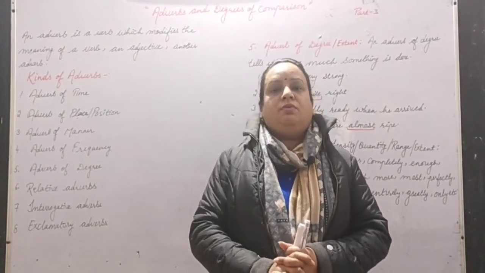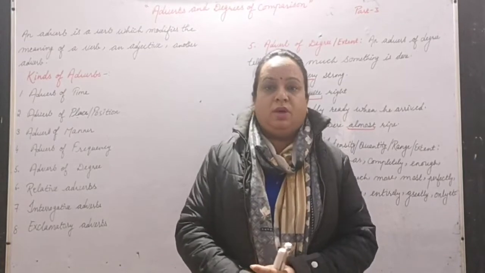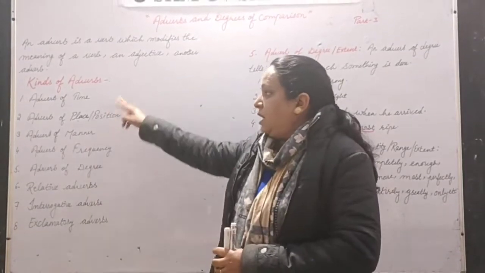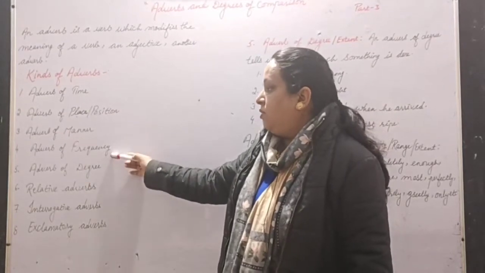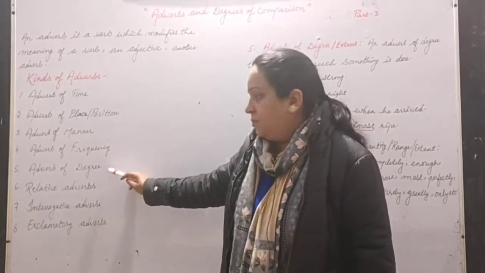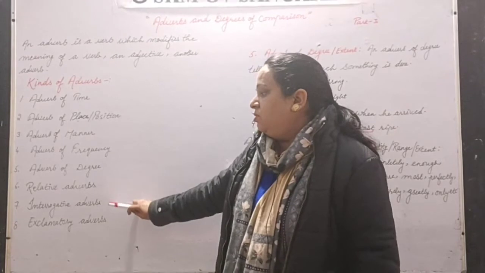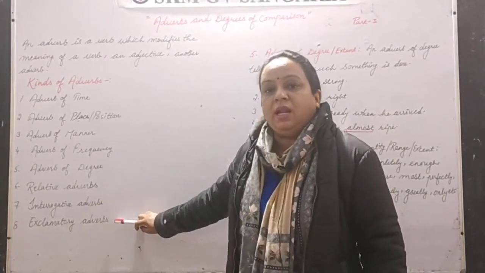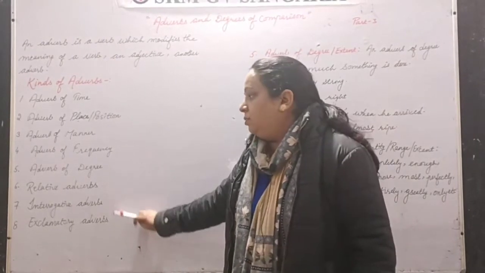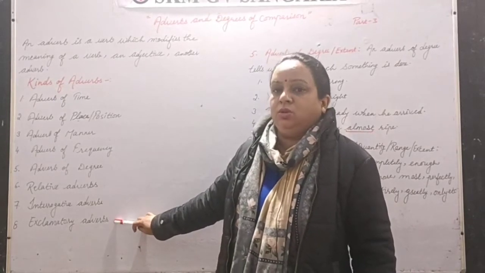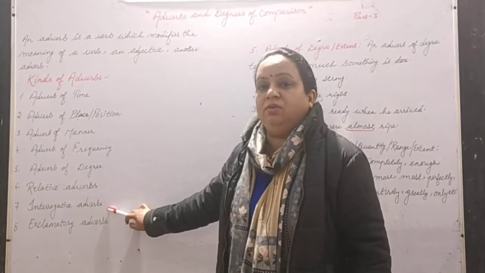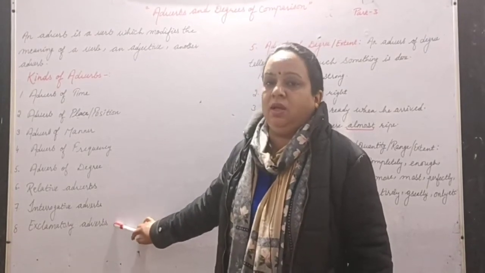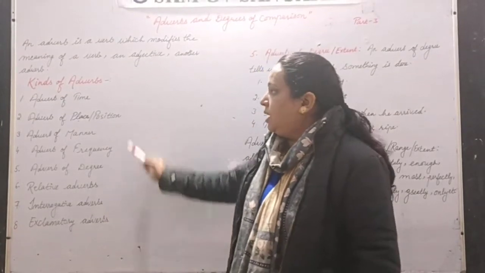We have learned the different kinds of adverb, that is adverb of time, adverb of place, adverb of manner, adverb of frequency, adverb of degree, and then relative adverbs, interrogative adverbs and exclamatory adverbs. We will also come to know how these relative, interrogative and exclamatory adverbs work, right? So